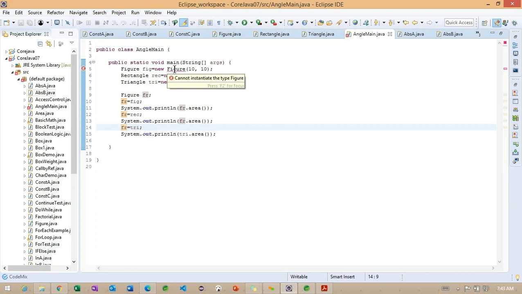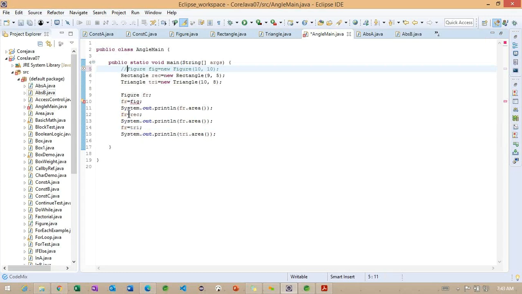So basically what is showing here, we cannot create an object of this particular type called figure. Getting the point. This particular figure has abstract features here. Abstract features is nothing but all the information which we added in the particular figure class, not yet implemented 100%. So we have some partial implementation here. Because of that, we cannot create an object of this particular class. So now what we can do, we'll create an object of the subclasses of this figure class. Using that, we can achieve calling the method here.